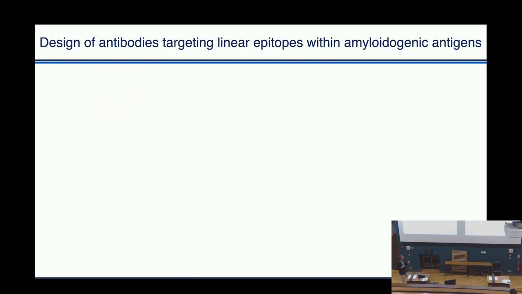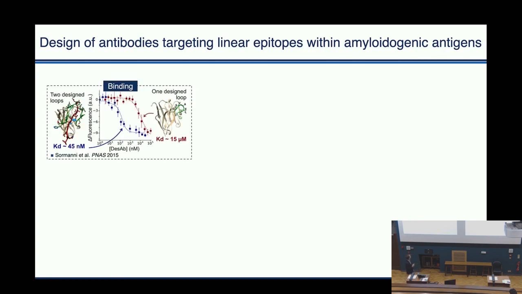So one of my earlier contributions to the field, and this is probably the only slide I have that contains work from when I was a PhD student or a postdoc, was about targeting proteins involved in misfolding diseases, so amyloidogenic antigens. These are diseases like Parkinson's or Alzheimer's that are characterized by the formation of these long and highly structured amyloid fibrils. And so we needed a way at the time to design antibodies for specific epitopes in this